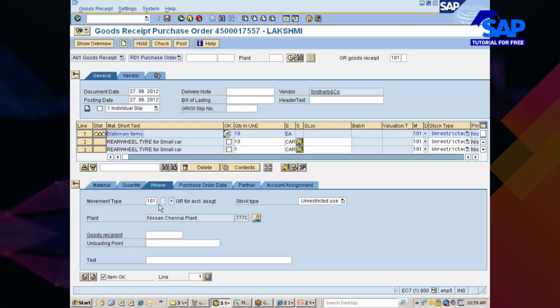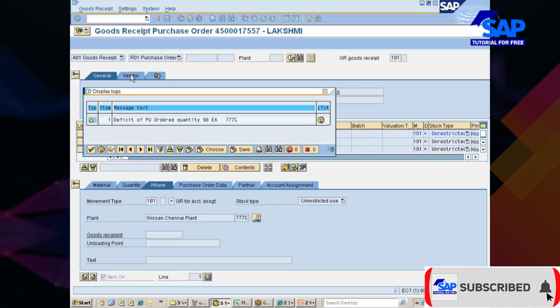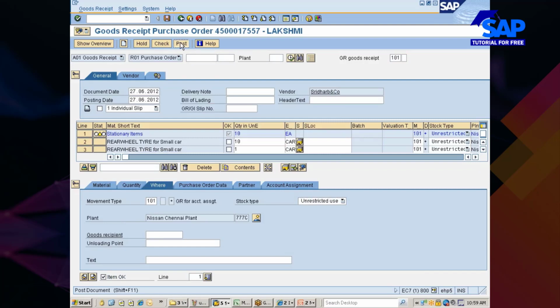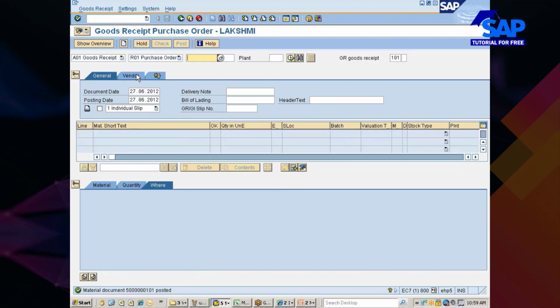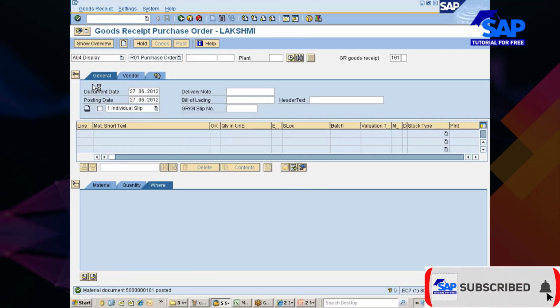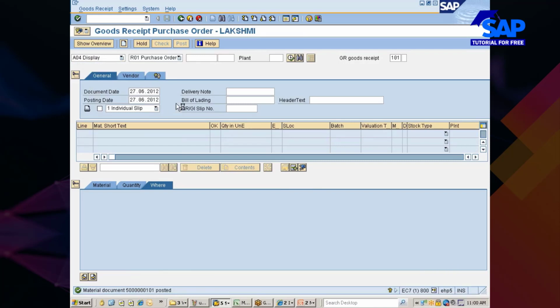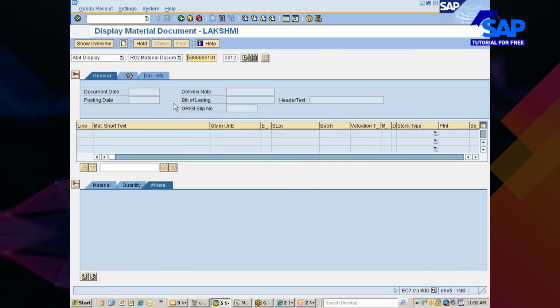Okay, this is being received with reference to movement type 101. I go with check once again, and now you see here, I go and post it. Now the document is posted. One more document. When you look at this document,